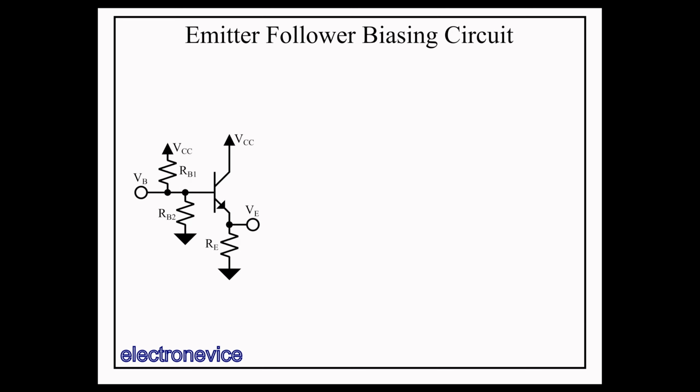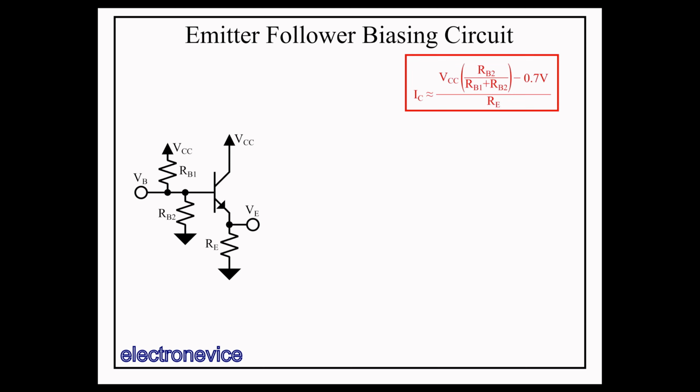So here we have a very similar circuit to the biasing circuit from the common emitter, with the notable exception that there is no collector resistor. So, recalling the equation for collector current we derived in the previous video, we see that it is still valid since it had no dependency upon collector resistance, provided we ensure the transistor is in the forward active region.